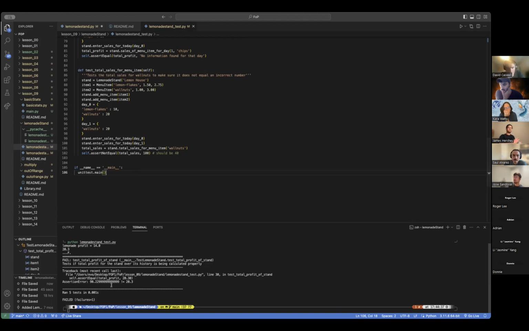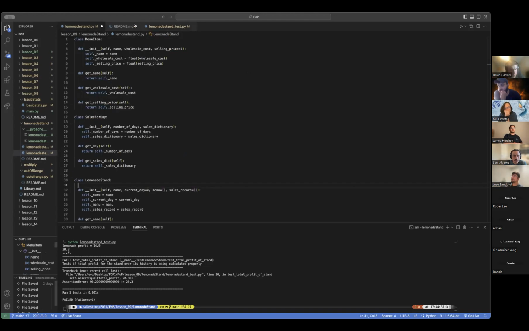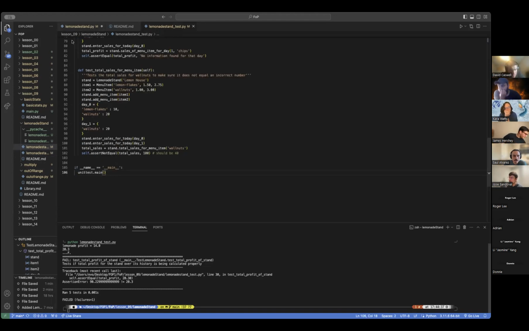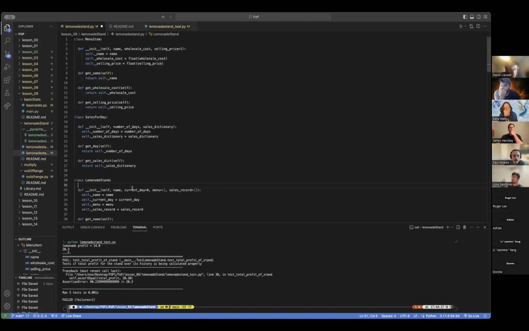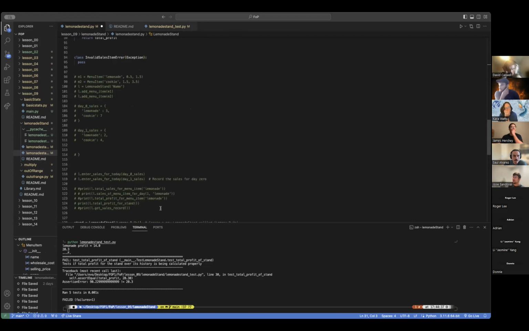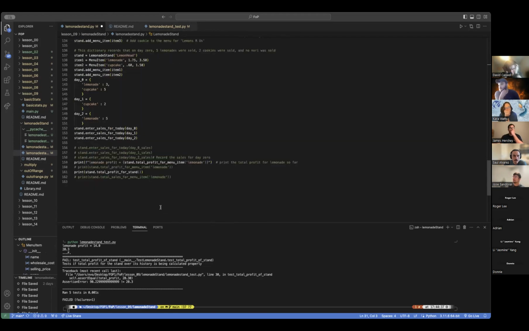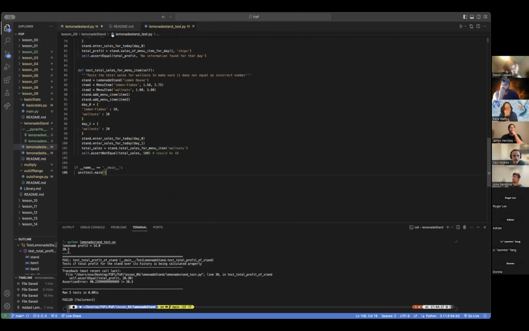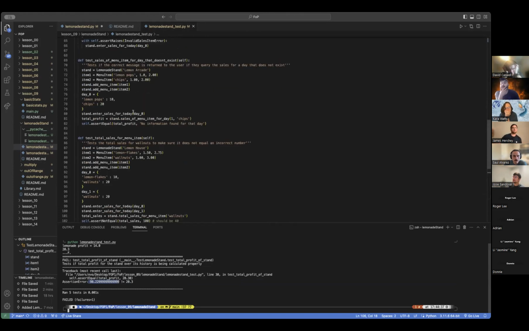Let's check that out before we go. What'd you fail? Okay, so I struggled with this one for a little bit. I think I messed up the code a little bit, and I have probably extra stuff or duplicate stuff just to try to make it work. Pretty much, I think no matter what, this is the test I kept failing, which was that when it was checking the total profit, I guess